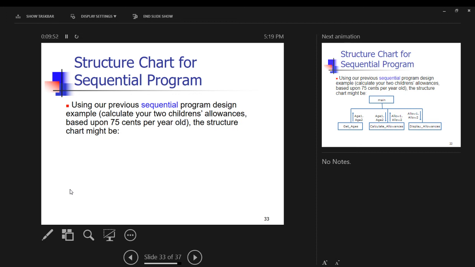So let's look at how we're going to make a structure chart for this question. It's pretty much the same question: calculate your two children's allowances based upon 75 cents per year old. The structure chart might look like this: